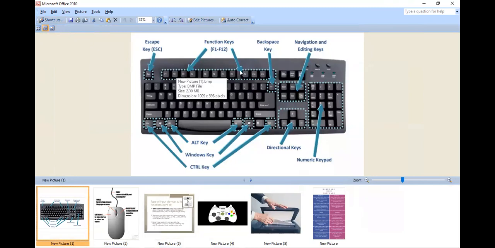Okay. So this is the function key, which is used to perform functions. For example, I have given you an example of Alt plus F4. Then there is a Backspace, which is used to cut or delete the text. And the Alt button is also used in combination with function keys.